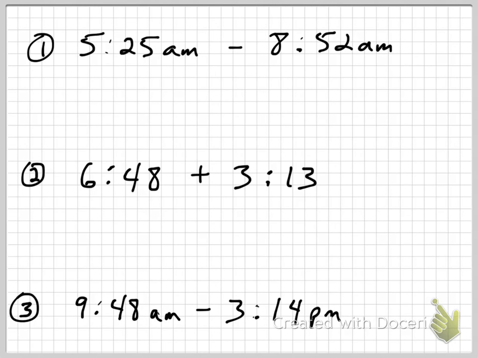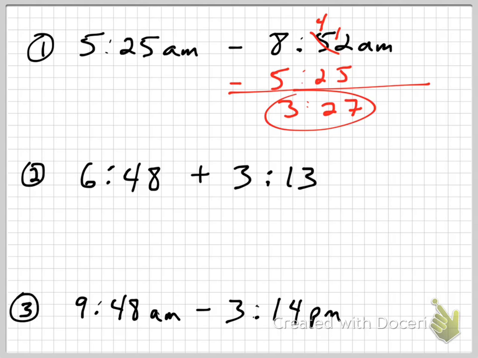All right, the first one, pretty straightforward. We're subtracting them, yes? Minus 5, 25. This one, when I borrow from this 5, what do I add? What do I add? A 1, right? How many of you got 3 hours, 27 minutes? Okay. The next one, when you add them together,